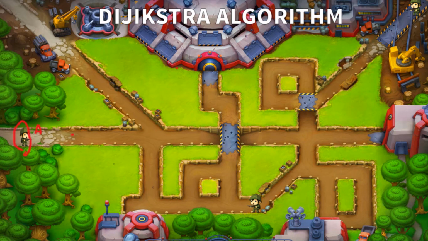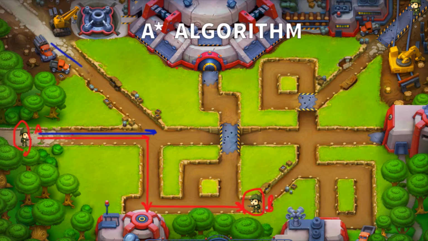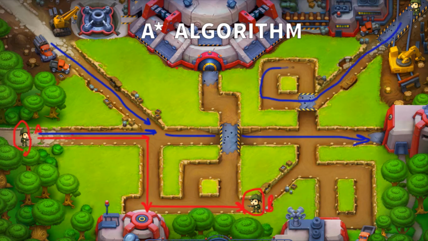Now let's talk about the greedy best first search algorithm. This algorithm explores less of the graph in a short time. Using the best of those algorithms, A star comes as a combination, so let's see what Wikipedia says about